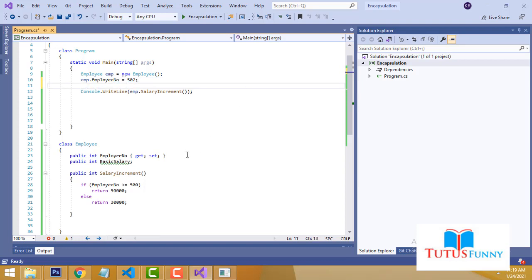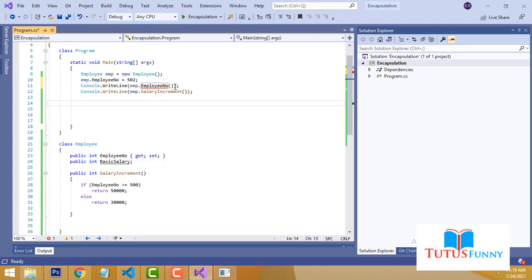Now here you have entered the employee number, right? Okay, now you have only entered it. Now here if you want to check the answer, you can't. The employee number you entered, you have to call it here, right? Now it will be emp employee number, it's a public one.